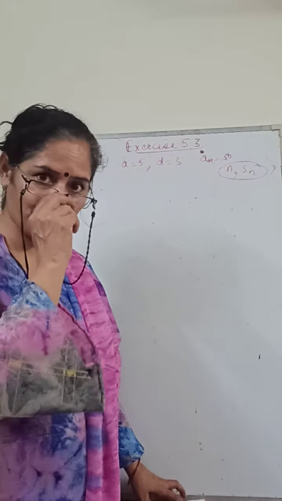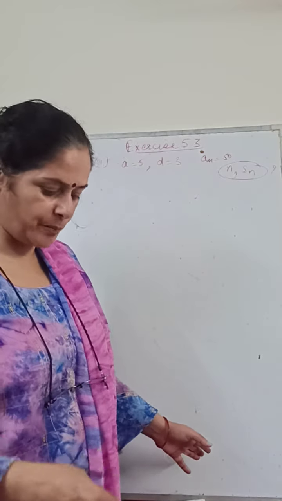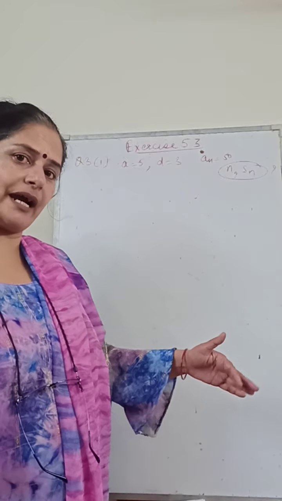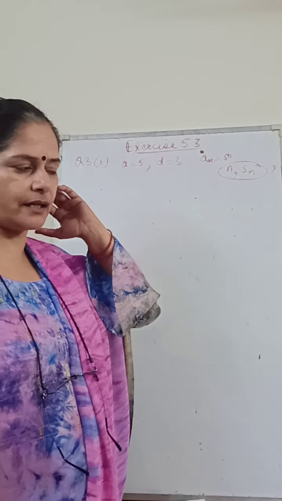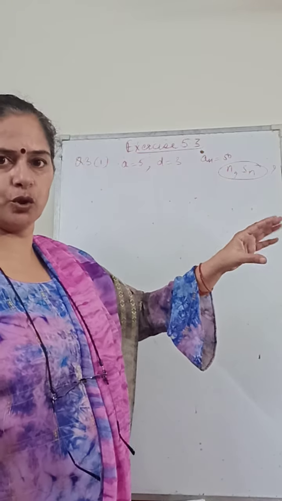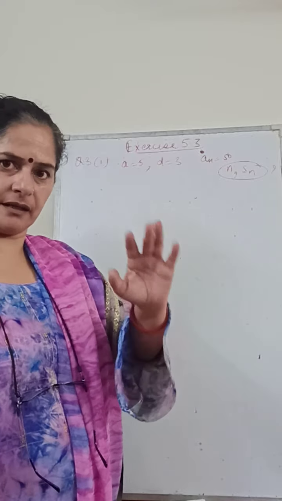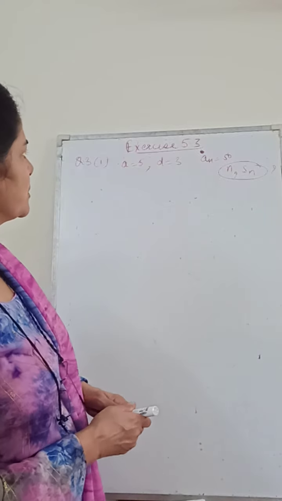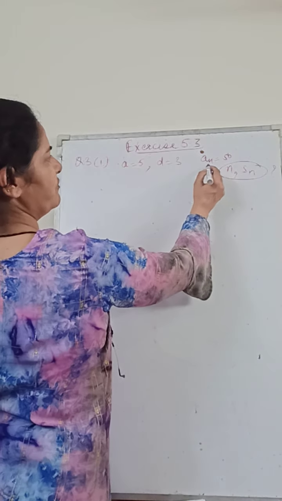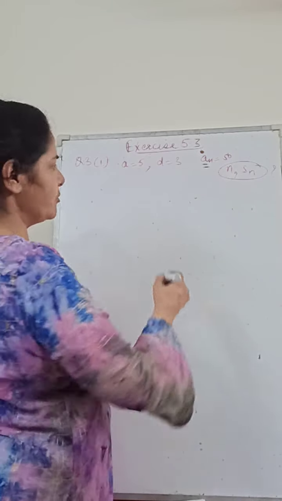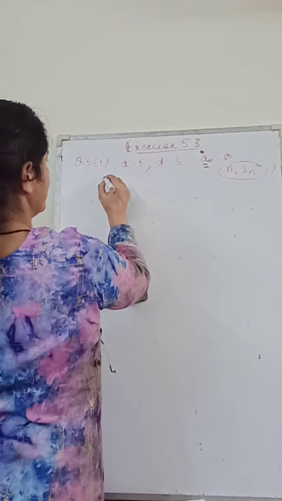In the previous question which we have done, that is also the same, but there in that question we had to get the idea of why n was required, right? Here it is directly told to find n. Sn, of course you have to find out. How will you find n? N you will find by using the An formula. An is equal to a plus n minus 1 into d.